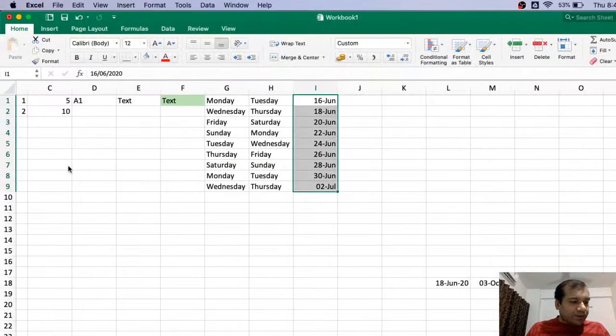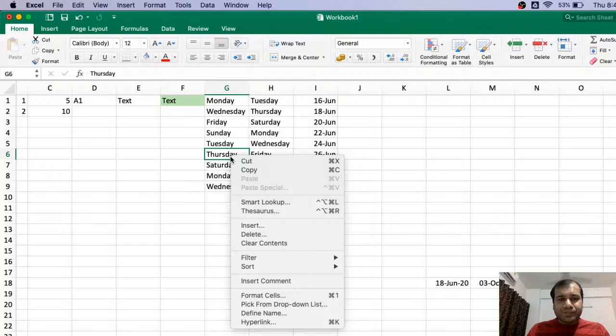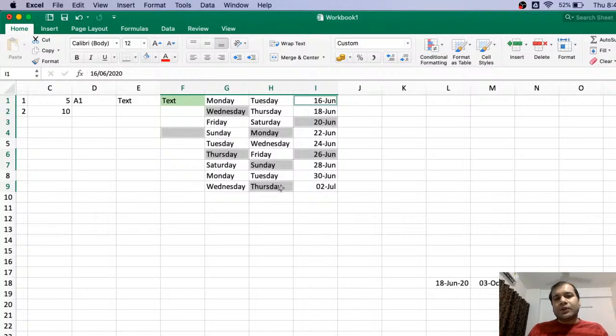Now, selection has one more part. We are not cutting and pasting it. Simply you are moving from one part to another part. You're just moving it, right? Now selection has one more thing: you can select like this and then hold Control. Suppose I have to select this one. I can select multiple cells if I want. I simply have to press the Control key and then click on the various cells that you want to select, and all will be selected. So in this way you can select multiple